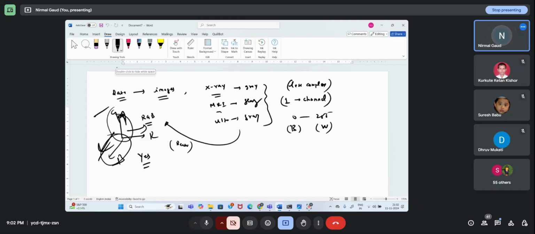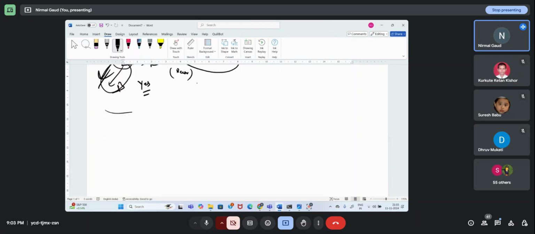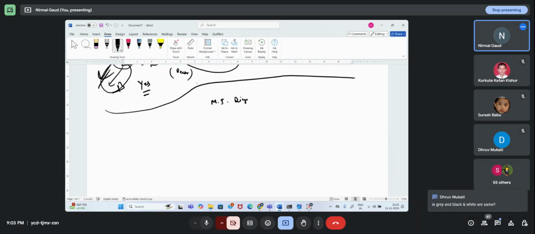Now the question is, sir, why are you converting this gray into RGB? Let's interpret by gray only, no? Yes, you can perform the analysis by gray only. But what is the reason? See, the reason is because for medical image diagnosis, I am going to use pre-trained models.